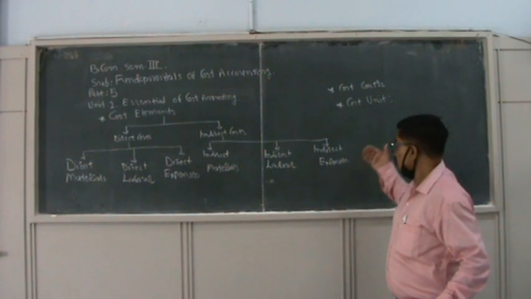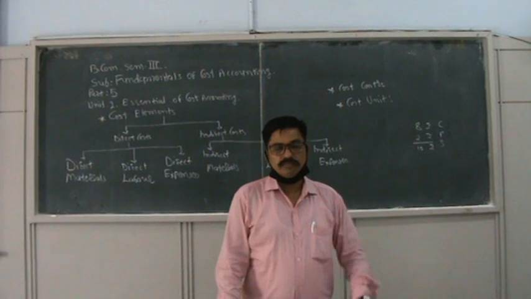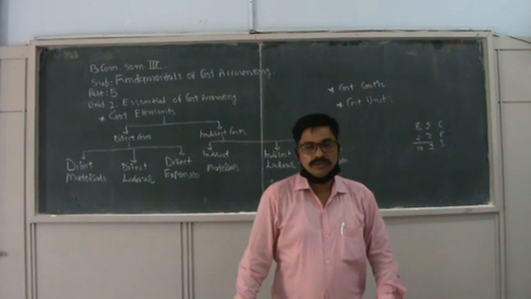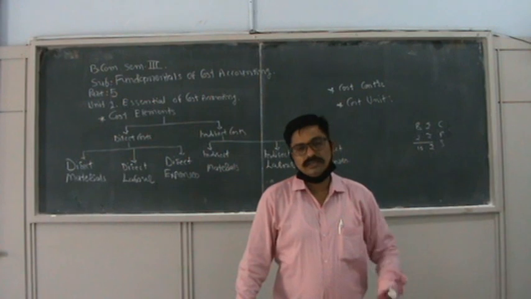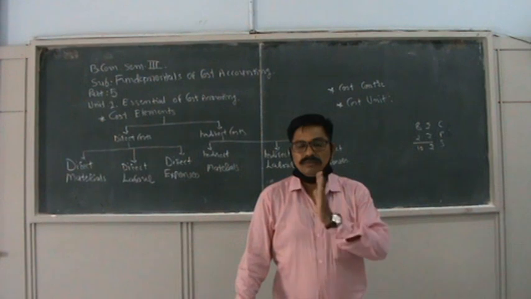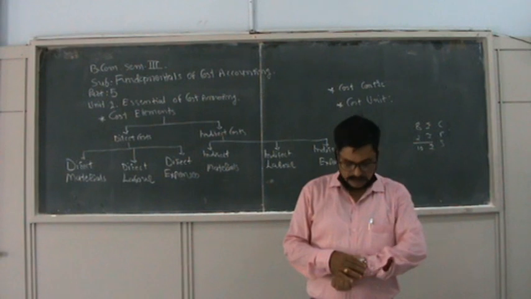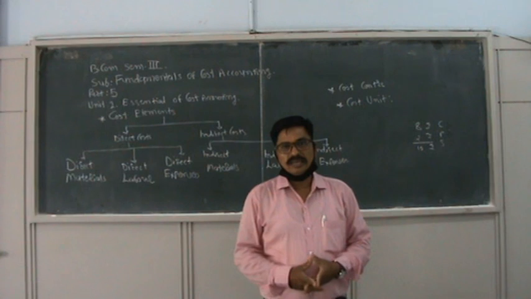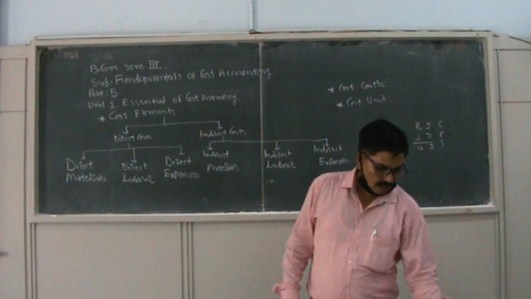Sometimes in the exam there is a short question for 1 or 2 marks. There may be 4 questions about cost unit, where you have to give the answer of the industry's cost unit, for 1 or 2 marks each. So you can remember it properly in your mind and write down the answer. For a particular industry, what is the cost unit, right? And you can get the marks easily.